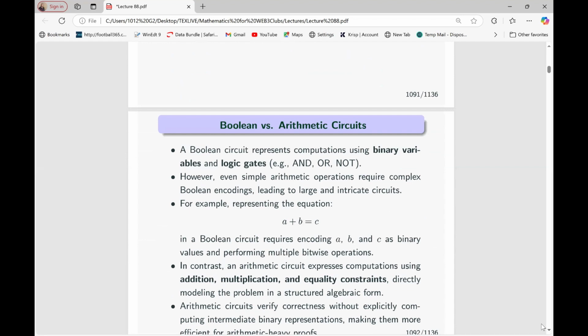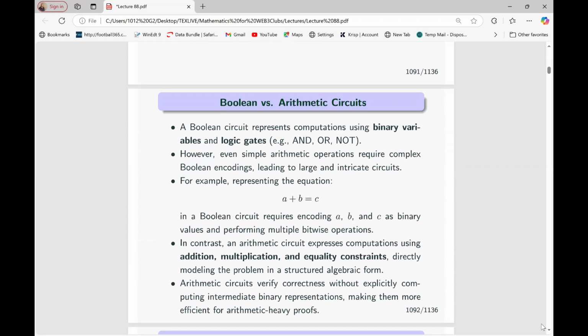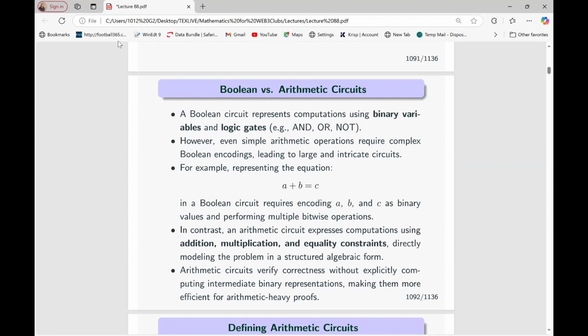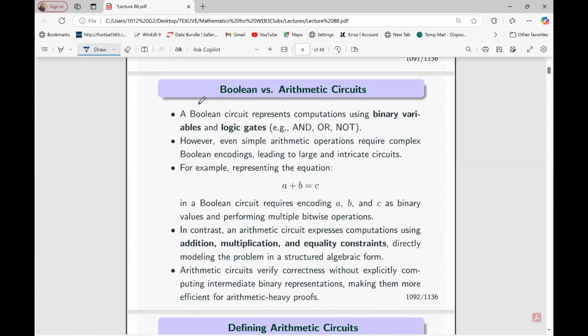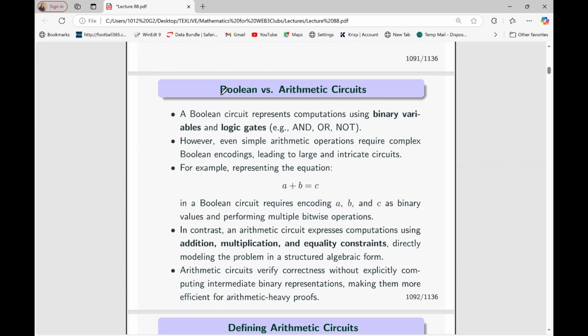So we'll be looking at that. There's a small example here. And this example is just a comparison. As I stated, I said that the circuits we're talking about can be done by Boolean or arithmetic. So this is just comparison. I've already said that the arithmetic circuits have an advantage over the Boolean circuits. Though they be doing the same thing, we've not looked at the Boolean circuits. If you have time, you can look at the Boolean circuits. But I'm just saying, if you are to look at it, you would then discover that the arithmetic circuits will have an advantage